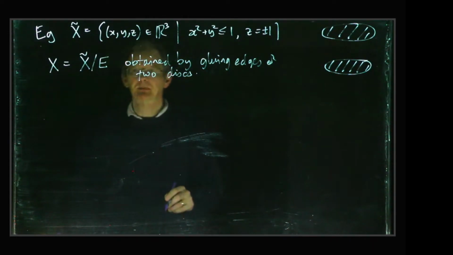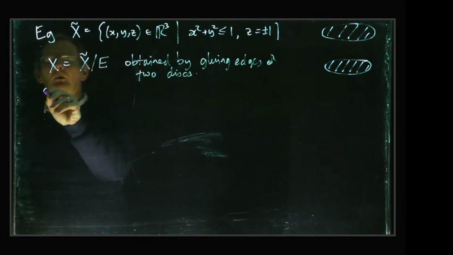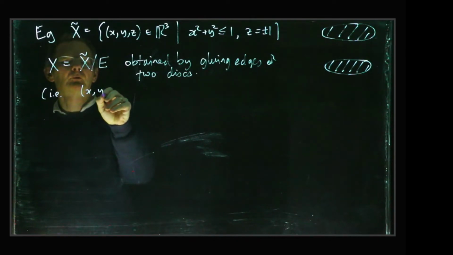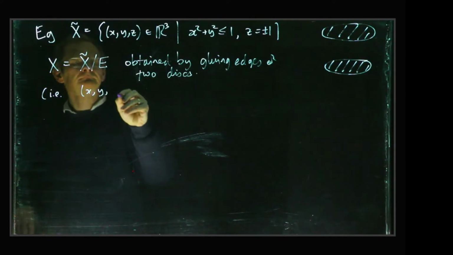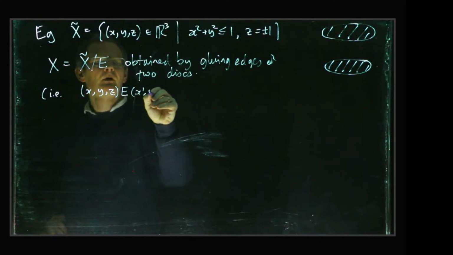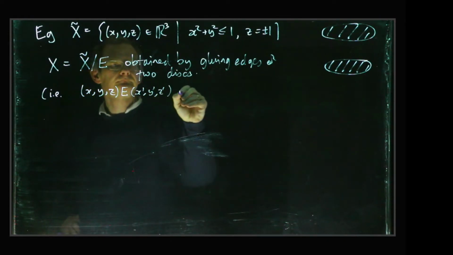If we want to be a bit more formal about it, what we're saying is that (x, y, z) is going to be equivalent to (x', y', z')